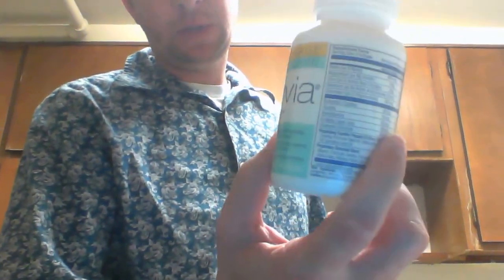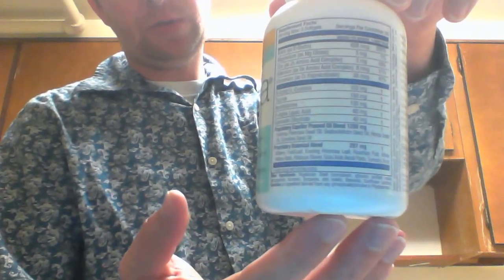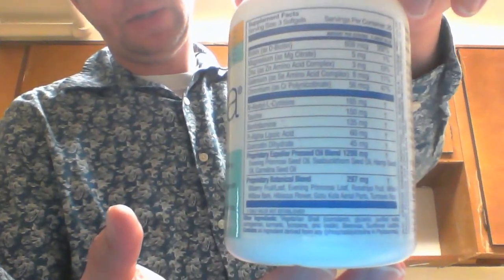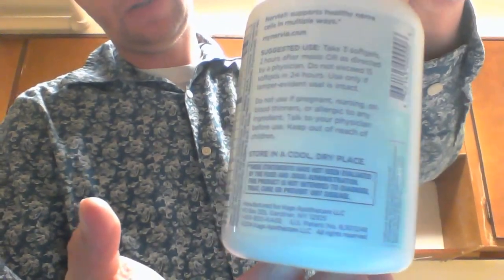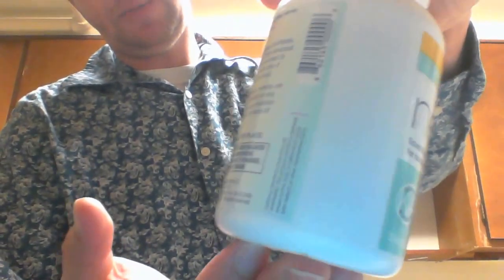For this NERVIA, you can see here, let's see if I can get you the label. I want to pause this if you actually want to read all this. There's a lot of ingredients. This is probably, in memory, the worst supplement that I've been